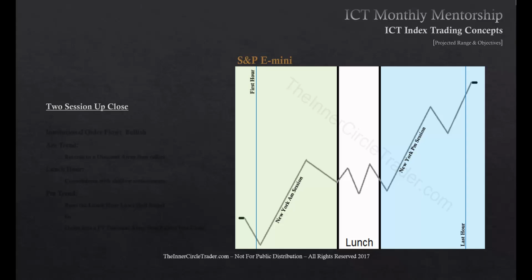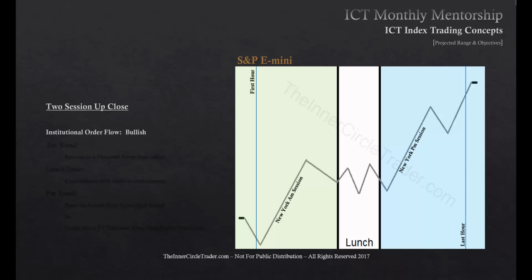In the conversations we're going to have here, understand that this is how I have interpreted, for the last 20 plus years, the internal movements of how indices operate intraday, day by day. There will be some deviations from these ideas that obviously will not help us in any way, shape, or form, but these are my general classifications of how I interpret the daily range should fulfill for indices and index trading. The first is 2-session up close,